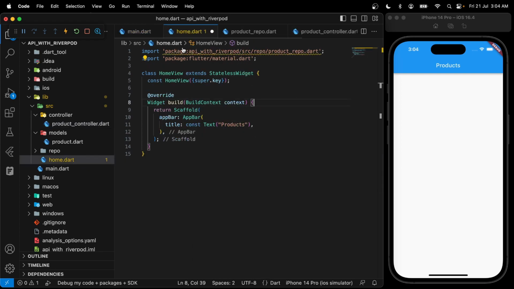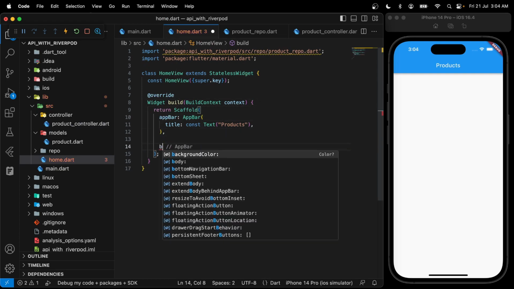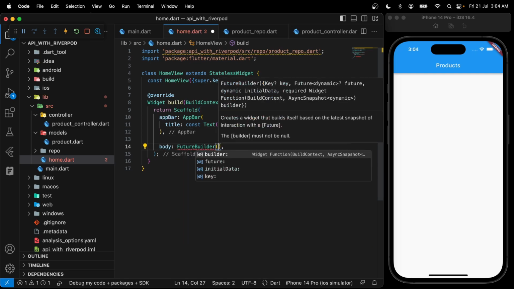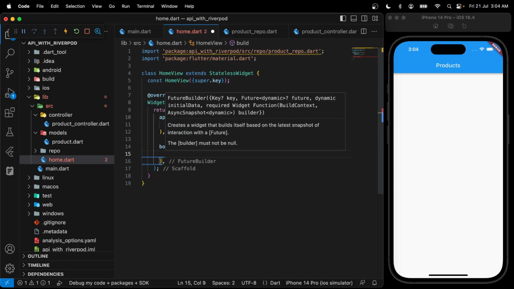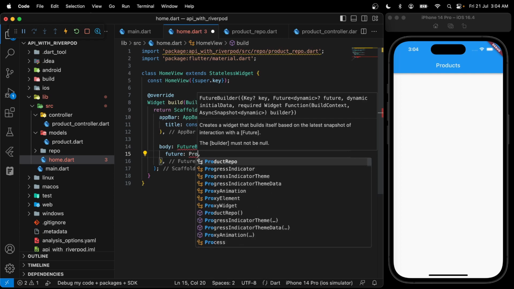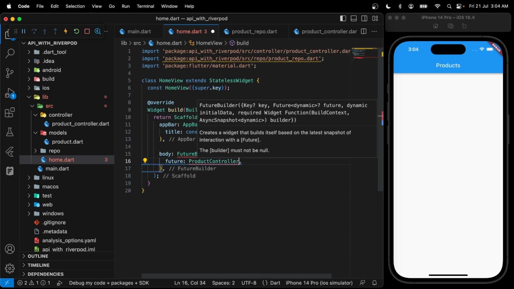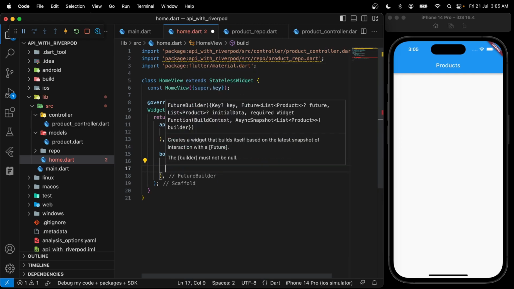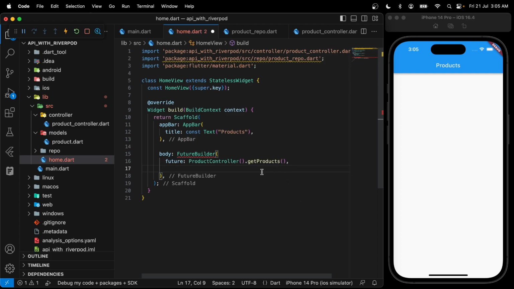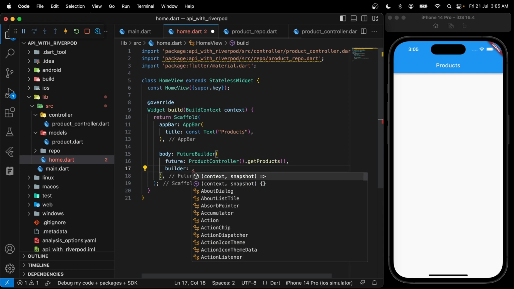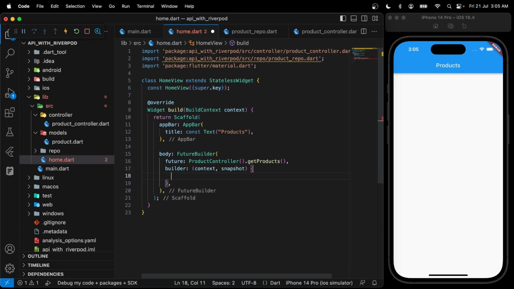That's that. Now we can come back to our home page, and inside of here we need to access that data, right? So we'll say body, and we are going to use a future builder here, right? And inside of this we need to pass in a future. So future is of type products controller dot get products, right? That's how you get products. And next we'd like to have a builder. We can have a builder like so,